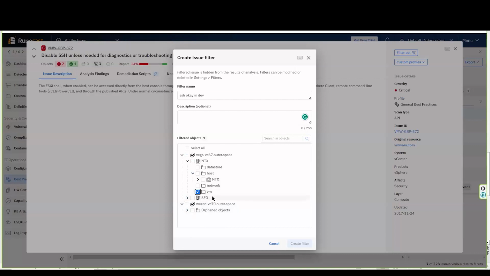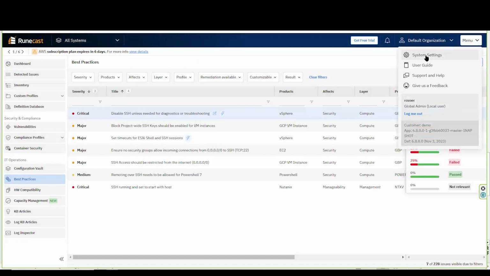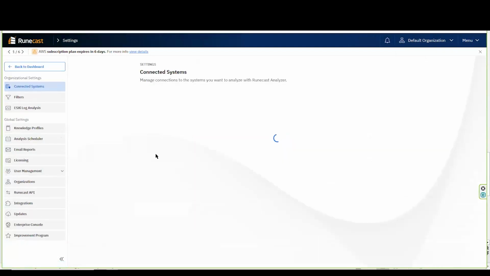That could be at the VM level or data center level or cluster level or host level, whatever. And then if I hit create filter, which I can't in the fake environment, I would no longer be alerted to this particular SSH best practice on that particular VM. And then I can manage these, and this is the second place where I can create them, but it gives me even more flexibility under